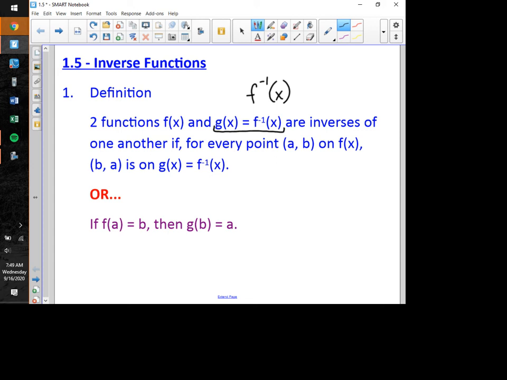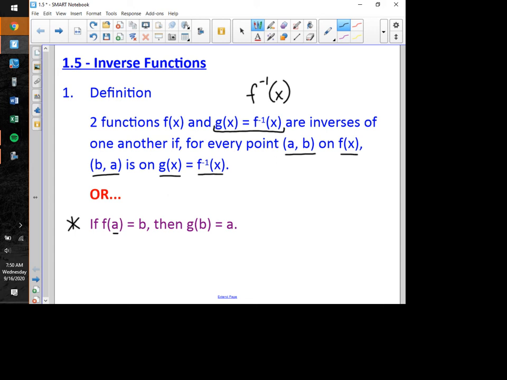So two functions, f and g, or the inverse of x, are inverses of one another if for every single point (a, b) that's located on the graph of f of x, the inverse of that point, which would be (b, a), is on the graph of g of x, which of course is the same as f inverse of x. And then what we have down here in purple is a much more concise way of saying the exact same information. If f of a is equal to b, then g of b is equal to a,